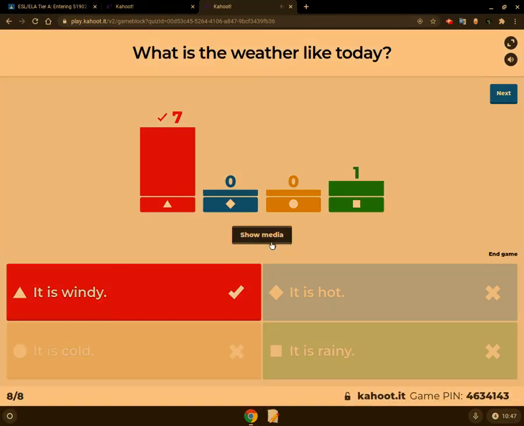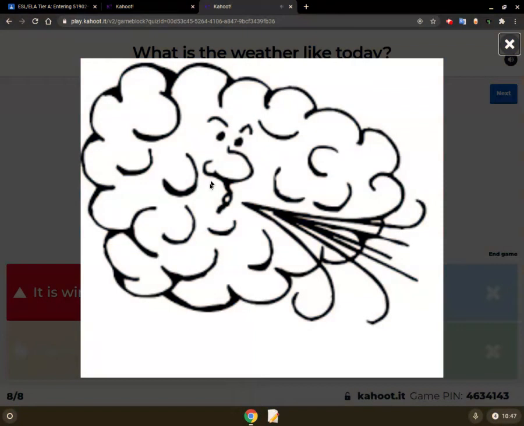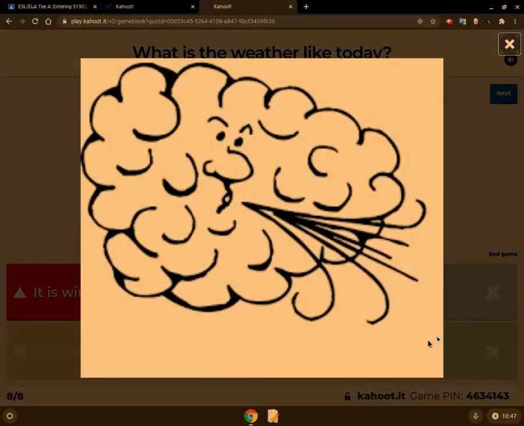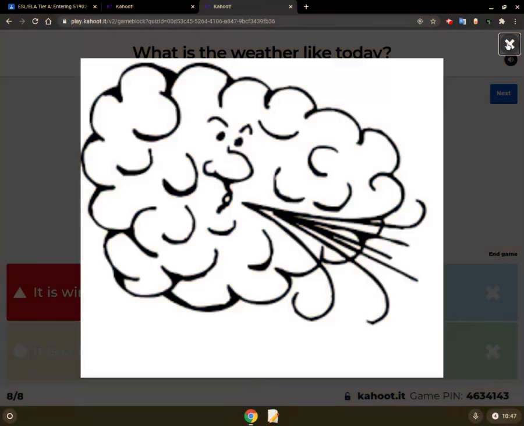If we look here, this is supposed to be a cloud, and this is the wind. The cloud is blowing the wind. How does the cloud look? It kind of looks a little angry, right? Sometimes when it's windy, it can seem like the weather is angry, right?